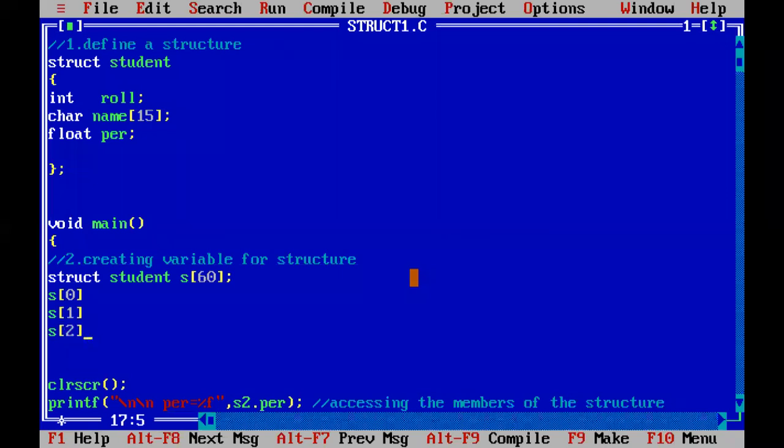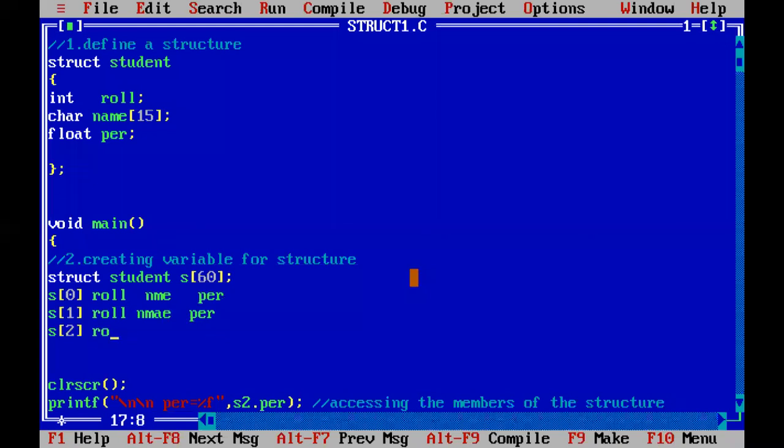S of 0 means the first structure variable. That S of 0 will have a separate copy of roll number, a separate copy of name, and a separate copy of percentage. So into that S of 0, you can store the first student's roll number, name, and percentage. And what about S of 1? It is the second student structure variable. This will have a separate roll number, name, and percentage. And S of 2 is the third structure variable.